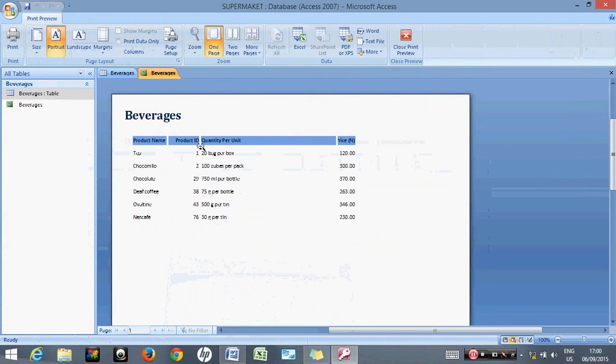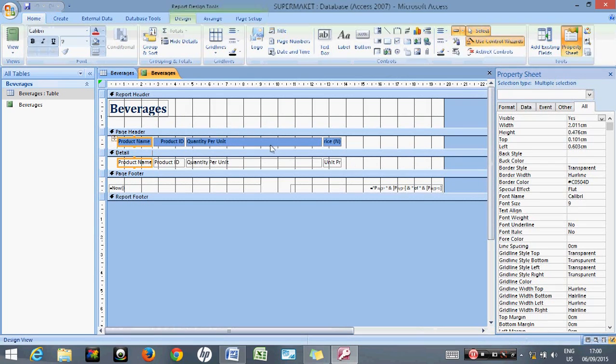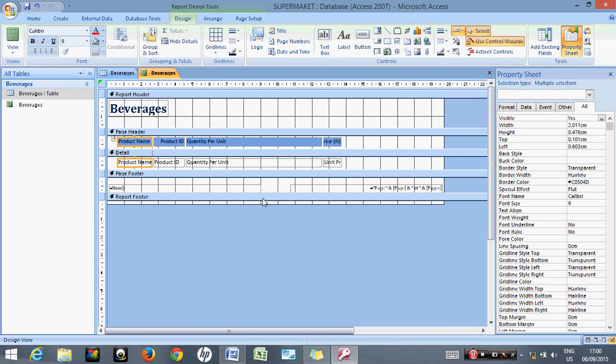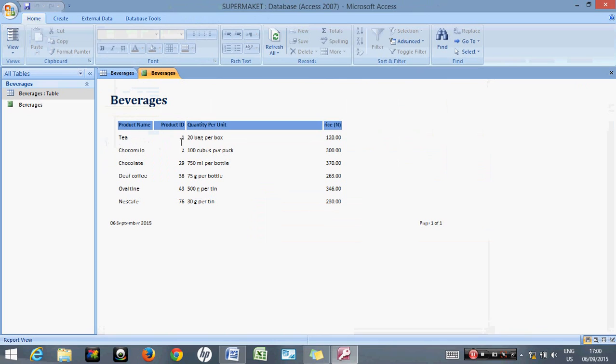First, we'll go back to the design view of this report. So I'll close the print preview. Click this button, close it. Then this is the design view. Now on this view, I'll just adjust this a little bit. The first thing we need to do, if I go back to the report view, if I right click on this and go to report view, first of all, if you look at this,